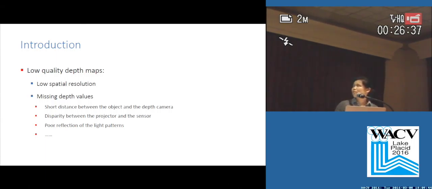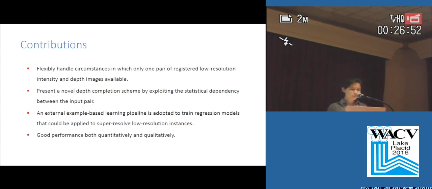The other thing is missing depth values. It may be caused by different reasons, such as short distance between the object and the camera, disparity between the projector and the sensor, and poor reflection of the light patterns. Currently, depth super-resolution mainly falls into two categories. The first one is multi-frame super-resolution, and the other one is single-frame super-resolution, but with the assistance of